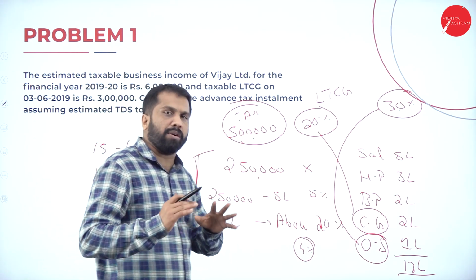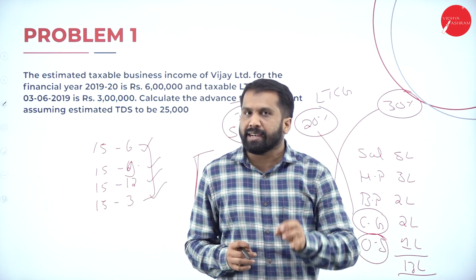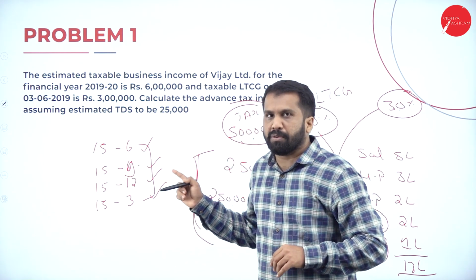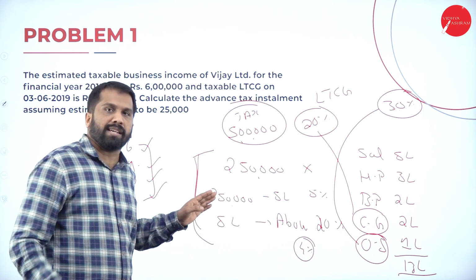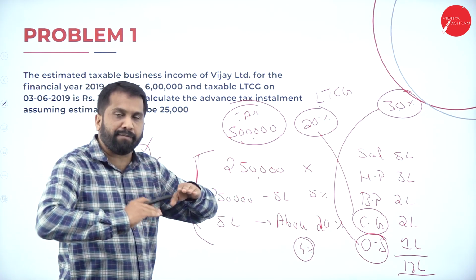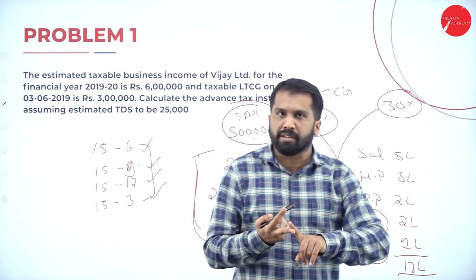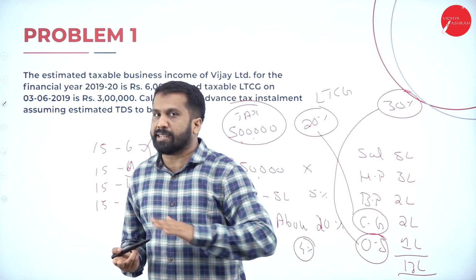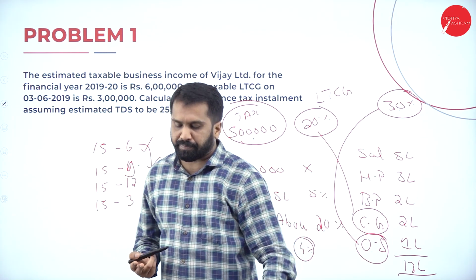Now, who cannot pay advance tax? Who are not eligible to pay advance tax? If your age is above 60 years, no advance tax. And what is the second one? Second one is your income is less than 2,50,000, then no advance tax. Two rules: one is above 60 years of age, no advance tax. If your income is less than 2,50,000, no advance tax. Remember these 2 things in your mind.